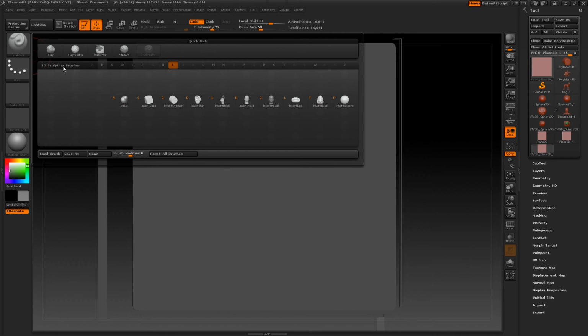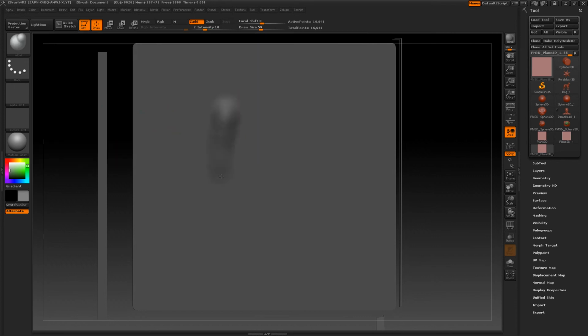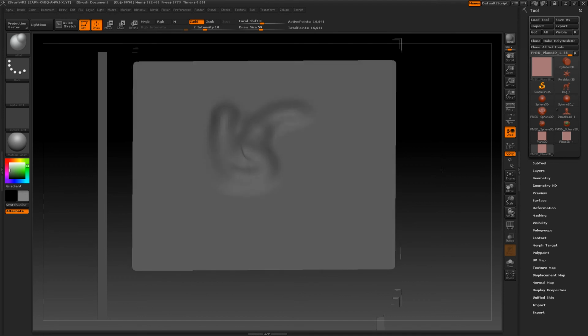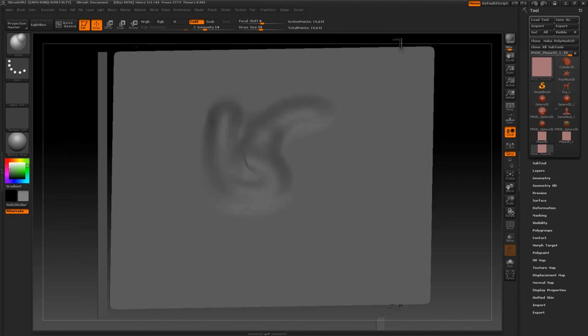Okay, and we didn't see that when we just saw all the brushes before. So I can maybe grab an inflate brush and come in here and start to inflate some of this, and do a little bit of sculpting. Now, one thing that I hadn't mentioned yet is what happens if I need to smooth, because that's